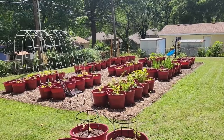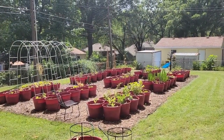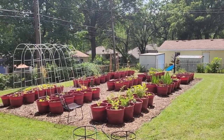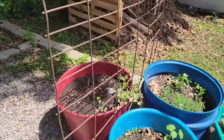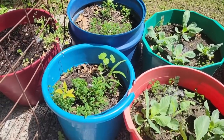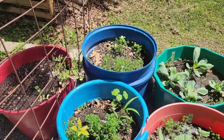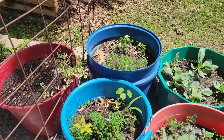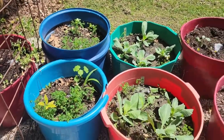So we have finally finished pouring our ant mixture into every single pot. So I figured I might as well give you the latest garden update. So over here, I've got my peas growing up this cattle panel here. My weed barrels, just clover and acorns and all this stuff, are doing great. The weeds are fantastic. I haven't planted anything in here yet because I was going to amend the soil of